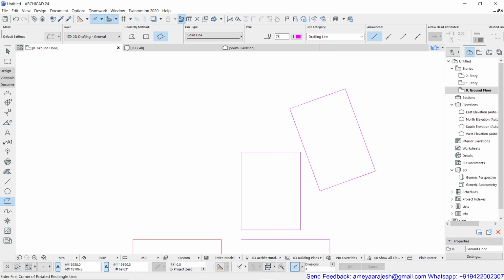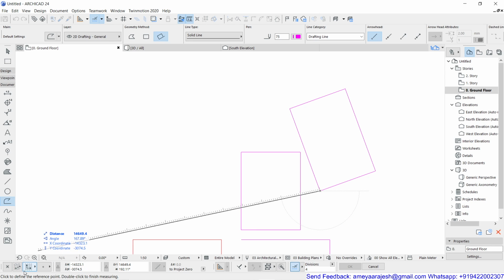You want to cross-check the things? Surely you can, because you know very well that if I press M on the keyboard, my measure tool will get activated. Then you just have to click on the base point from where you want to start.